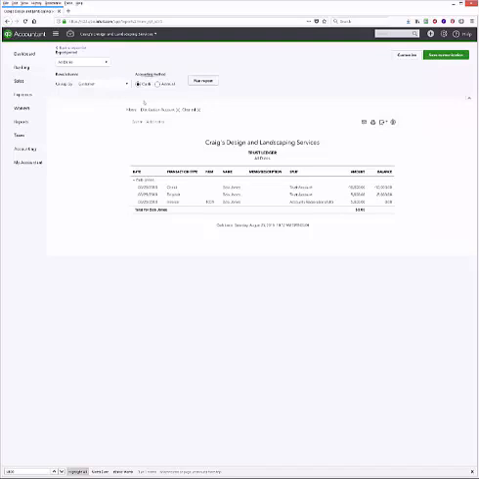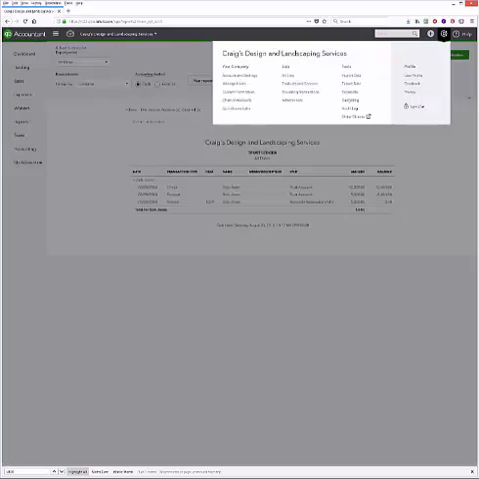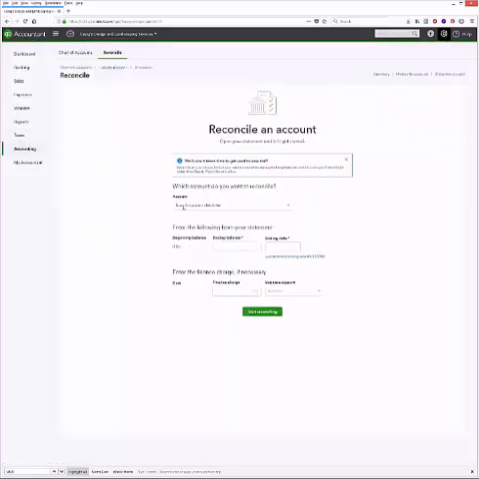So the way that you do that is you're going to click up here on the gear icon in the top right, and then click Reconcile under Tools. And the account here, you want to select your trust account liability account. And in this case, the ending balance is 0. We're going to say that we're reconciling this as the last day of whatever period you're reconciling it,